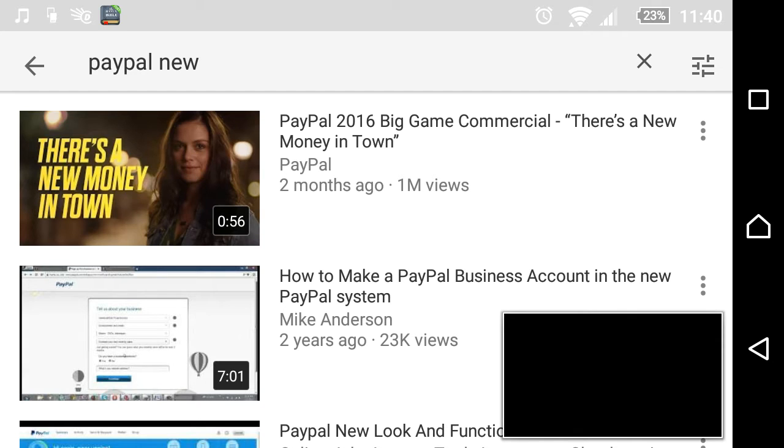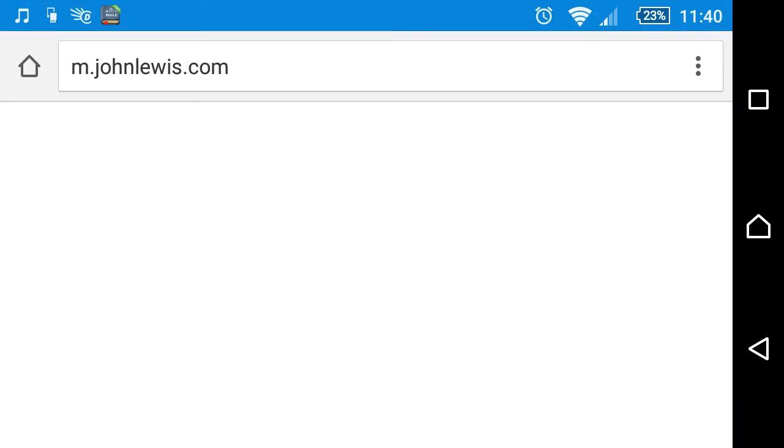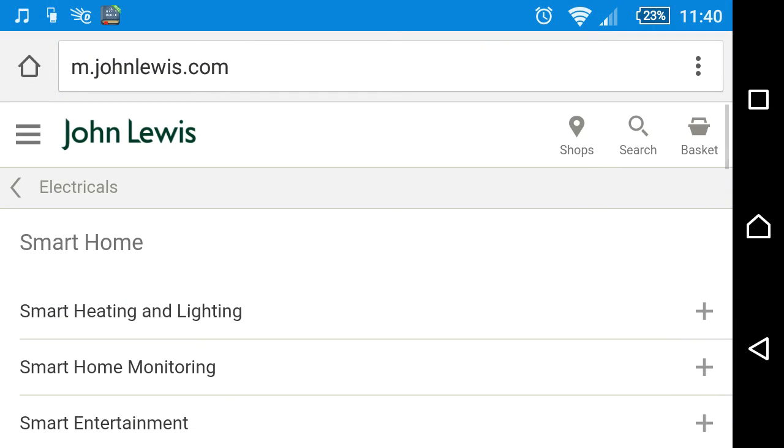Then the other advert they had on there was John Lewis selling smart refrigerators. So John Lewis is like a big department store here in the UK, and pretty much the new thing now, it's mainly for people who got money. But this is the new thing, having a smart home. So everything in your household is fed into a central system,